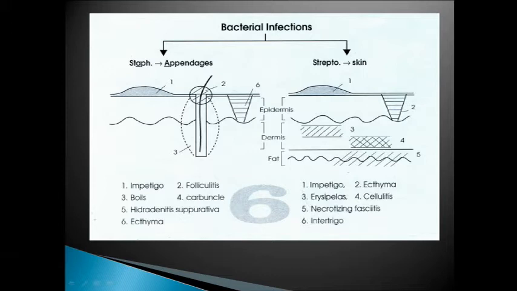Now the most common infections in the skin are impetigo, which is present superficially, then boils, folliculitis, then deeper infections like cellulitis, ecthyma, erysipelas, and necrotizing fasciitis. So this is a broad overview of which layers are involved in different scenarios. Now we will discuss each and every disease in detail, so no need to worry about the names of the diseases. We will discuss the name of the disease, the causative organism, and its various clinical manifestations and management.